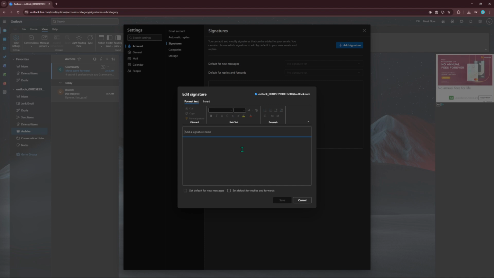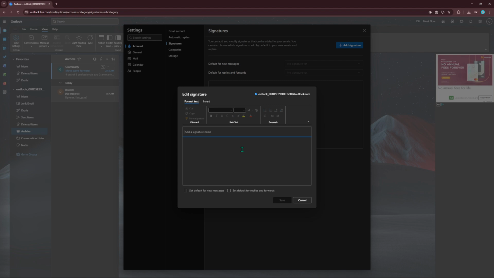A good rule of thumb is to keep the signature simple, accessible, and legible on both desktop and mobile. If you communicate with people who receive plain text emails, consider a version that still reads well without color or images. Below the editor, look for options to set your signature as the default for new emails and for replies